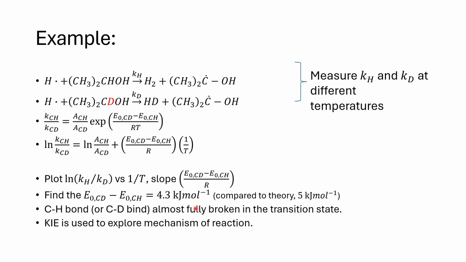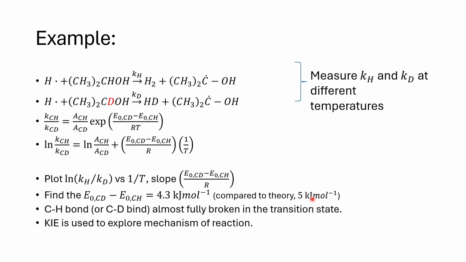And if we compare this value to the 5 kilojoule per mole which has been determined earlier, it strongly suggests that the C-H bond or the C-D bond is almost fully broken in the transition state. These two values are very close to each other, and if you still remember, we obtained this value through the assumption that the bond between the C-H or the C-D is fully broken at the transition state,